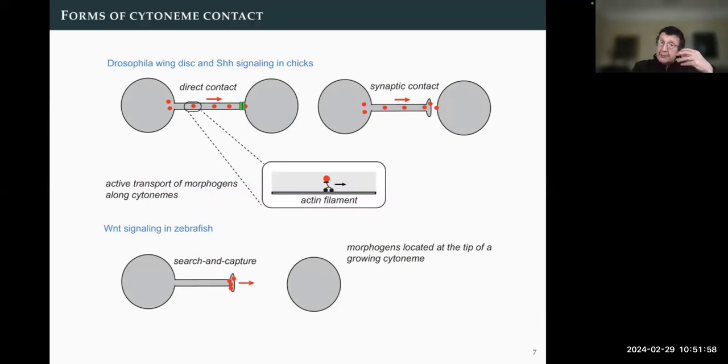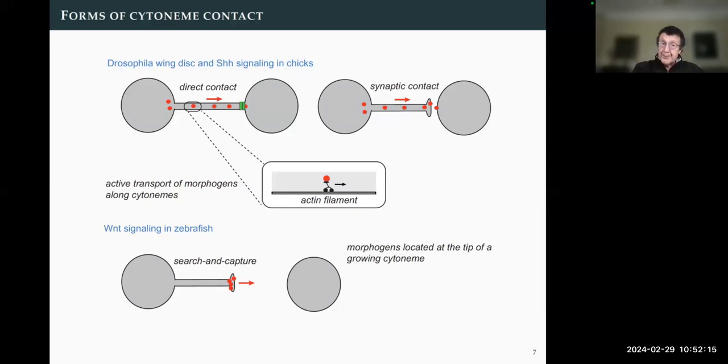But even there, there seem to be two different types of contact. You can have a very explicit direct contact, like a tunneling nanotube, but there's also growing evidence that some of these contacts look more like synapses, where you ultimately have a release of a vesicle of morphogen